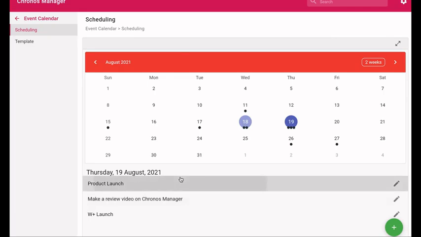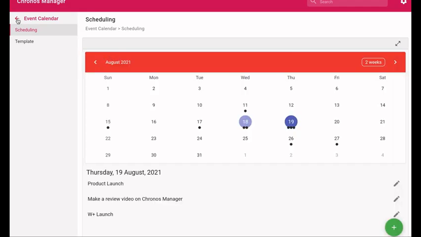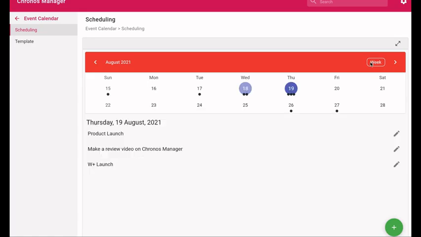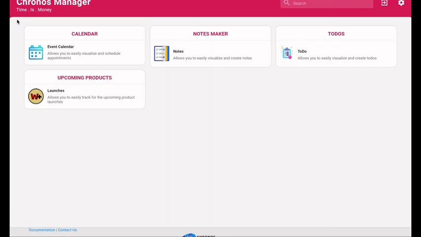You can even edit, delete, or you can go back and create a new one. So whatever it is, it will be convenient for you. It can be a 2 weeks schedule, it can be a week schedule, it can be a month schedule. Based on your interest, you can change that. You can go previous months, you can go forward months, everything can be done. It's like a calendar where you can have a complete audit of your reviews or your business basically.